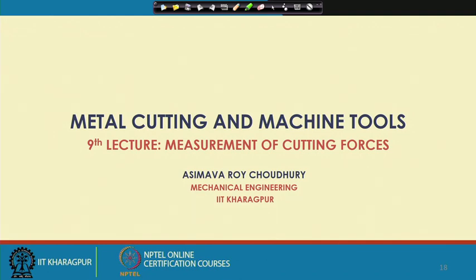In this lecture we are going to cover some discussion on measurement of cutting forces, but previous to that, whatever leftover portion was there for calculation of cutting forces, we will quickly have a look at that and then continue with today's discussion. So, to start with,